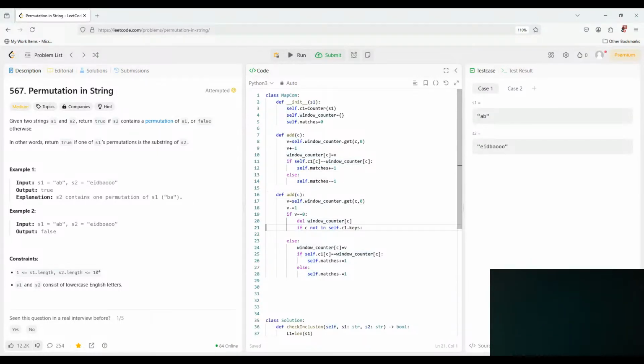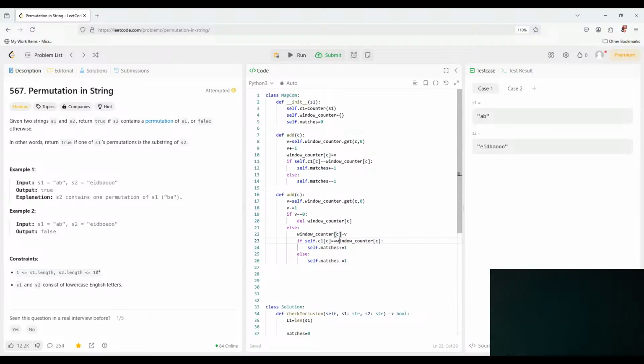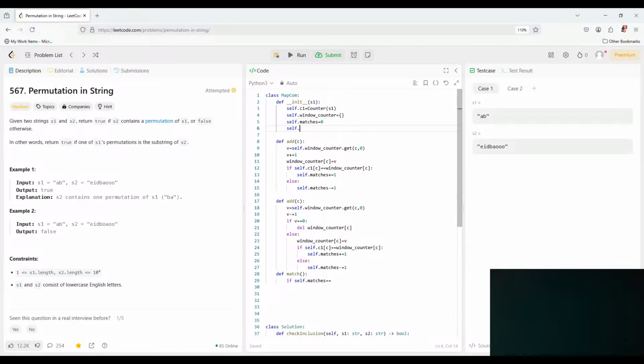We have to do the same. We have to say if C1 is equal, we matches 1 plus 1, otherwise plus 2. And we can say def match. And if self matches equal whatever we have L1,